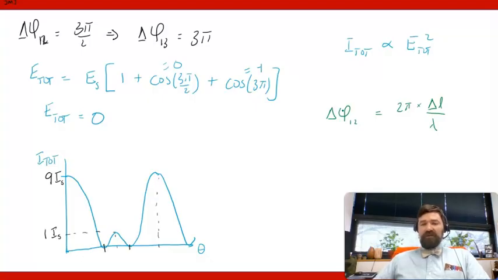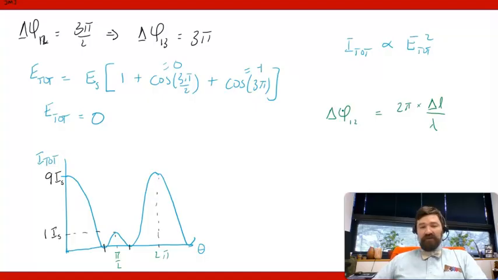Alright, so we're looking at a delta phi being equal to 2 pi at this location,